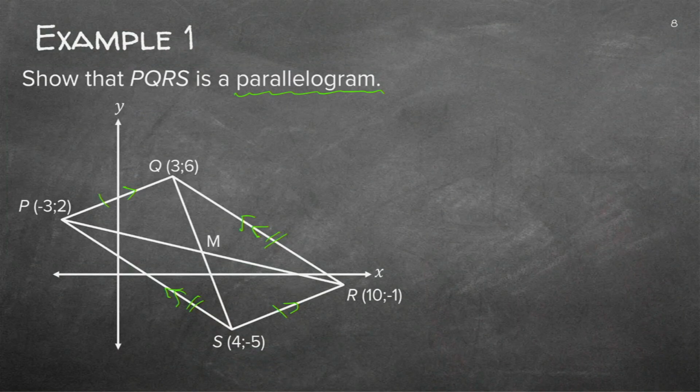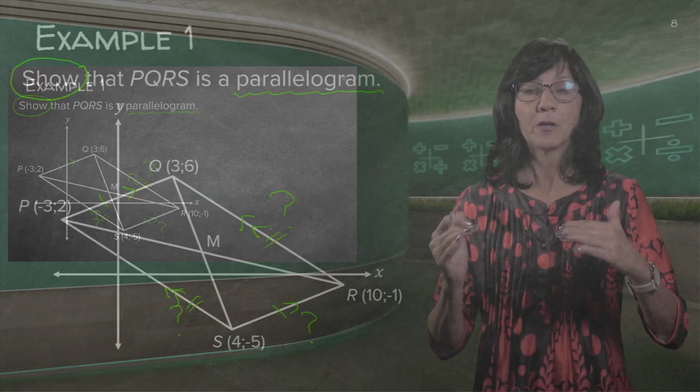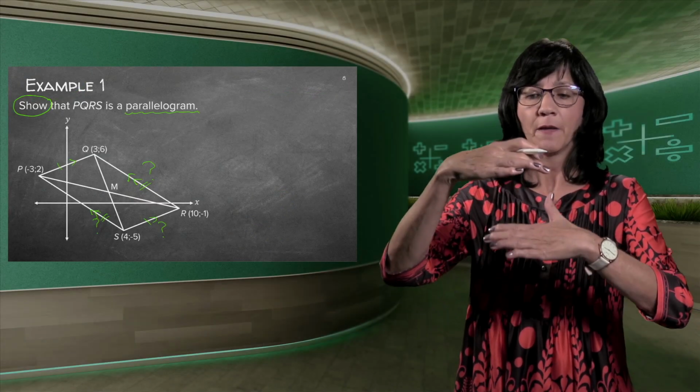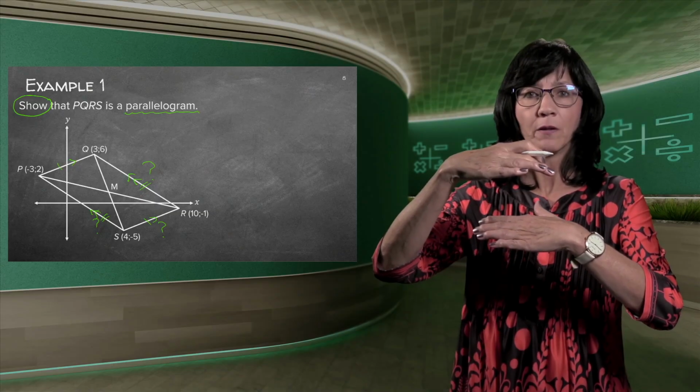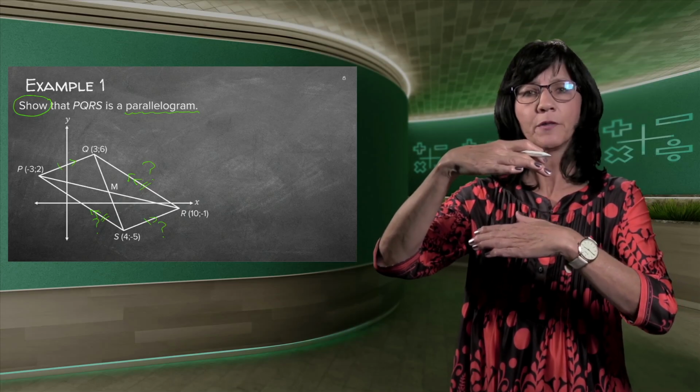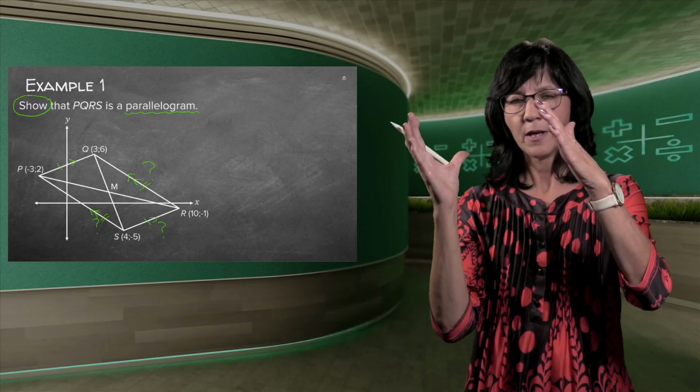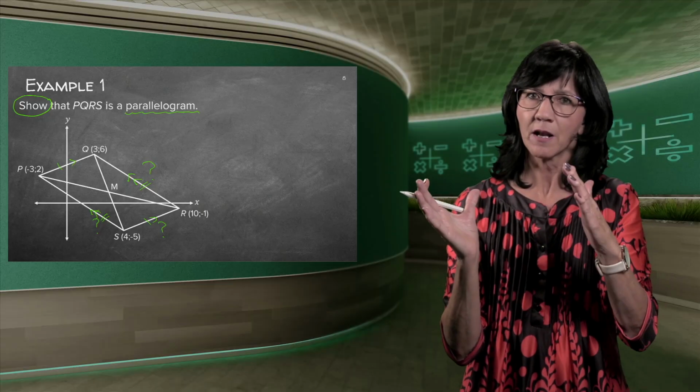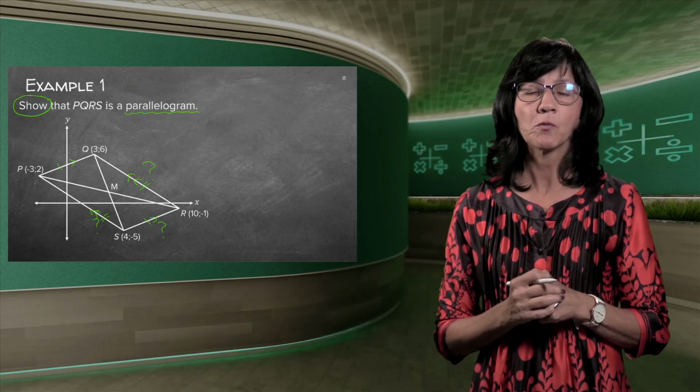Now in this case, they say, show that PQRS is a parallelogram. Oh gosh, they did not tell me yet it is a parallelogram. So all these green things that I put on there is what I need to check. Now again, there are lots of different ways to do specifically analytical geometry. Because the definition of a parallelogram is that both pairs of opposite sides must be parallel. How will we know that? We work out the gradient of that line and the gradient of that line. If they're equal, then the lines are parallel. We work out the gradient of this line and the gradient of that line. If the two gradients are equal, then the lines will be parallel.